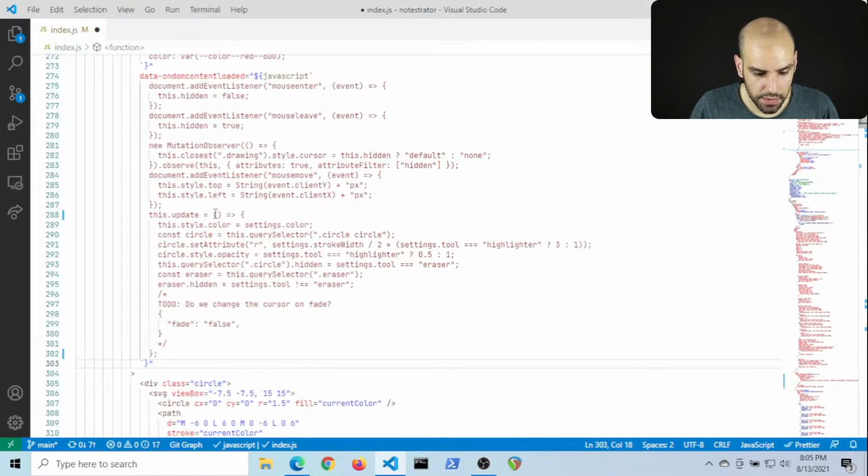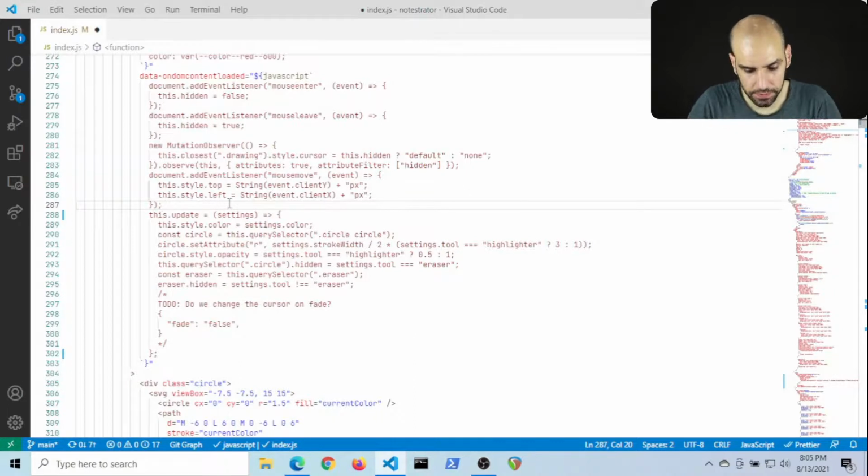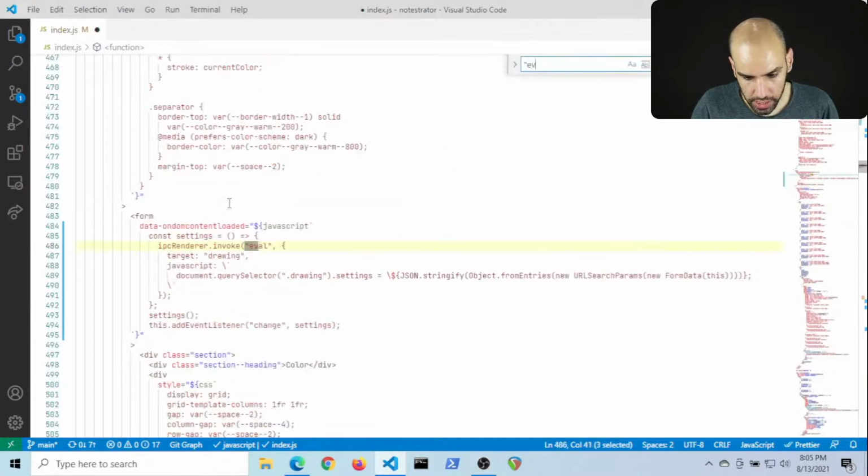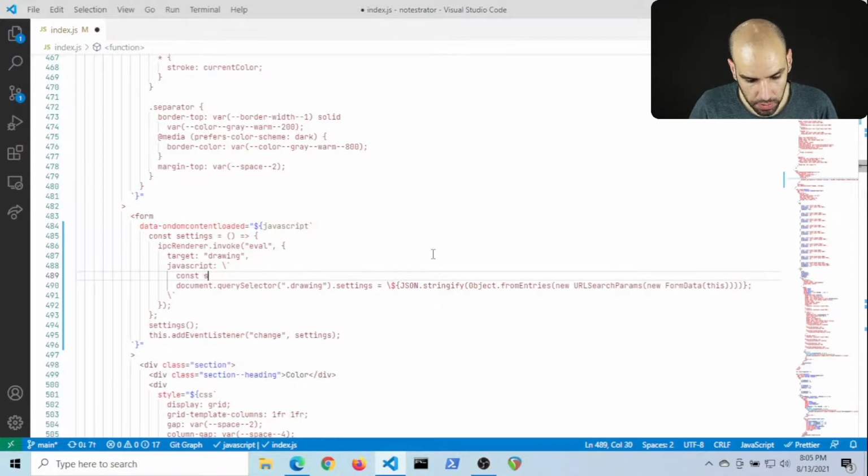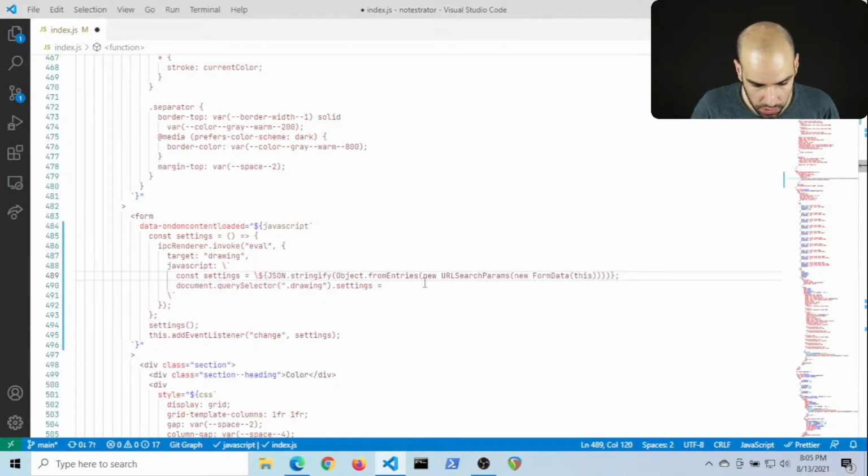And then it receives the settings, right? It used to receive the settings, so it receives the settings. And then we need to find again where we were evolving stuff. And now we need to expand on this. So my settings are this crazy thing. And then over here, I update my settings.